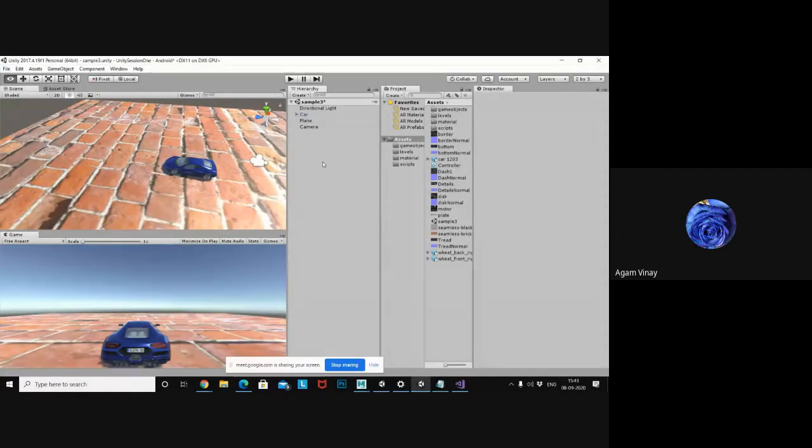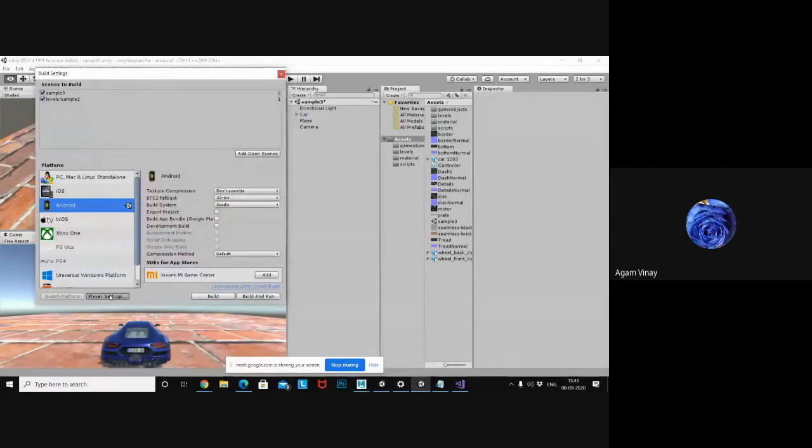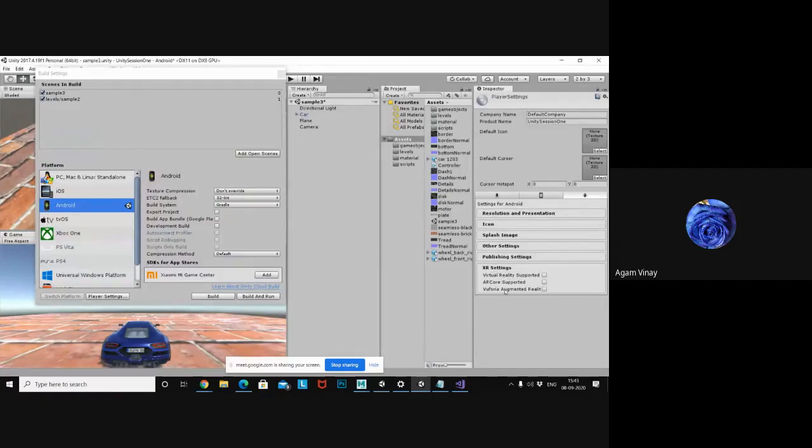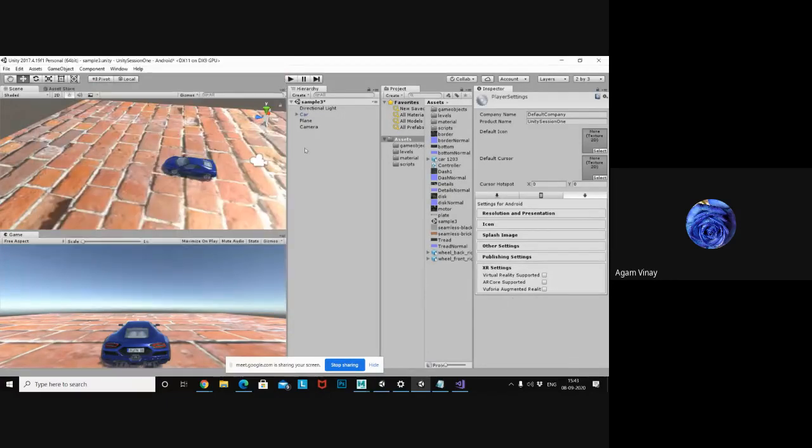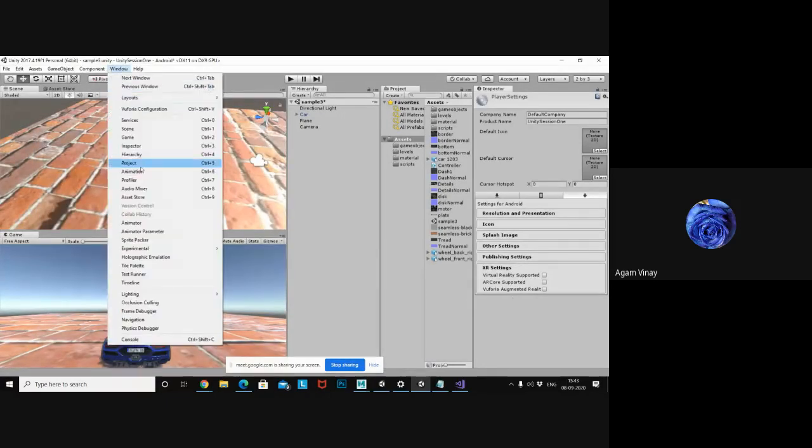Yeah, someone is asking about integrating HoloLens. Yeah, I'm asking how to integrate HoloLens and any VR glasses. Yeah, here we have an option. Build Settings is there. Here in Player Settings, if you are using Vuforia augmented reality, you need to switch it like this, and virtual reality supported, ARCore supported. Like that only, for HoloLens we need to integrate some features.